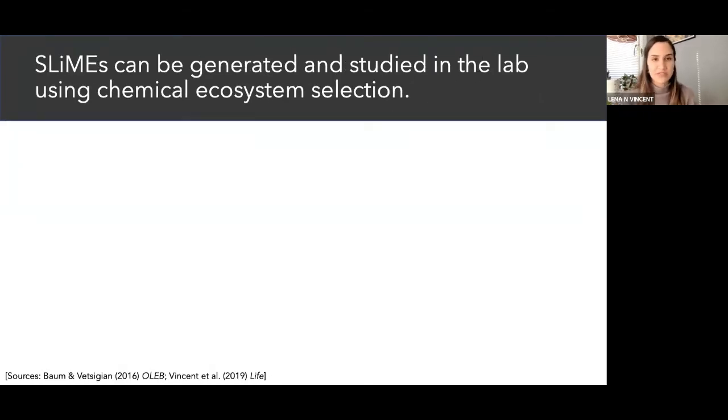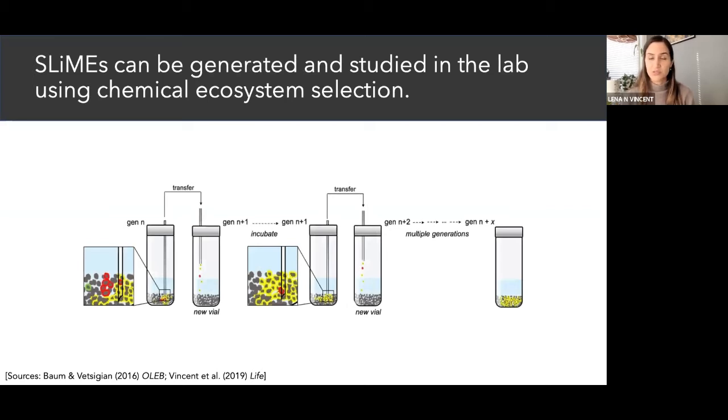So another important aspect of our research has been to try to test this chemical ecology framework empirically. And to do this, we've developed a new framework called chemical ecosystem selection, where we basically mix food-rich solutions with mineral grains and deploy an analog of experimental evolution. So to do this, we mix our ingredients together and give time for these putative slimes to emerge. And then we transfer a small subset of mineral grains to a new vessel containing fresh food and fresh mineral. And the idea there is to repeat this over many generations to selectively enrich for variants that are better able at getting from grain to grain.